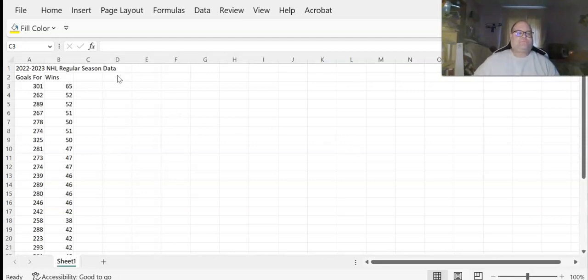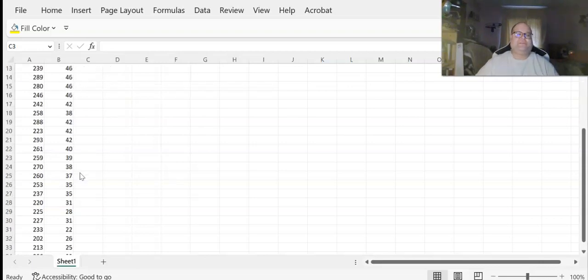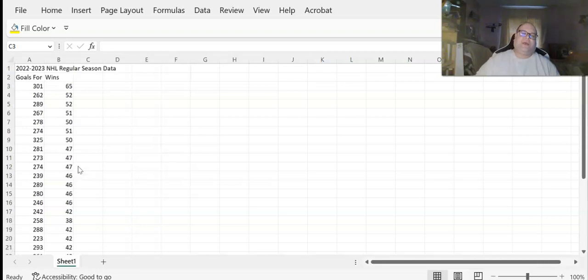So here we have a spreadsheet in Microsoft Excel, and my data set is the 2022-2023 National Hockey League regular season data for goals scored for the team and wins by each of the 32 teams. And I'm going to be using this data to model certain properties of Excel and how it can be